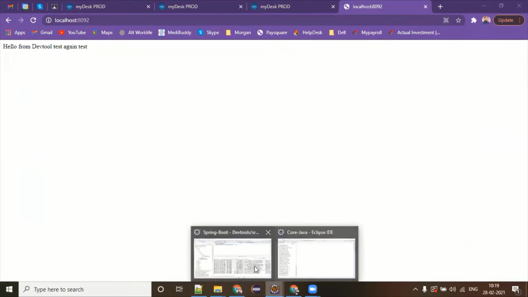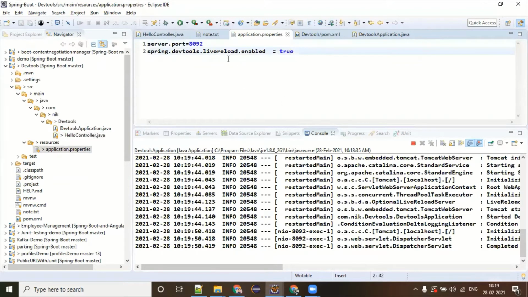So this tool is a small concept but very useful, and you also have control even though you have dev tools enabled in your application. If you want this not to work, remember I said Spring Boot comes with all plugins, like plug-in and plug-out kinds of things. So if you need it, you do it. If you don't need it, you have better control over there. If you make it false, we have noticed that dev tools is going to be disabled, and you don't need to think about that. Even though you have the dependency added, but you want better control, you use this property to enable and disable your dev tools features.